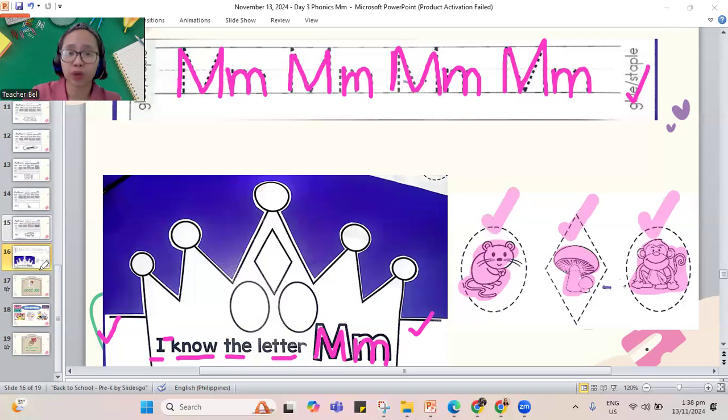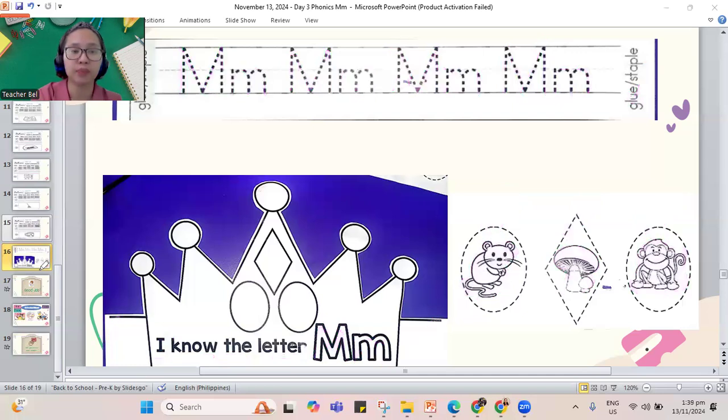I'll count from 1 to 10. I'll move to the next page already, to the next set for our screen here. 1, 2, 3, 4, 5, 6, 7, 8, 9, and 10. Now, I need to erase the things here on our screen because I'll be moving on to the next slide.